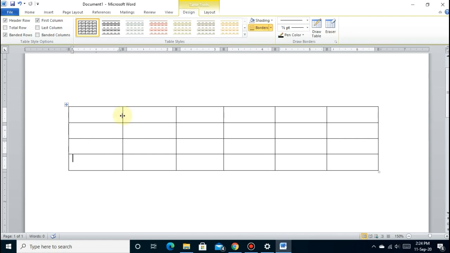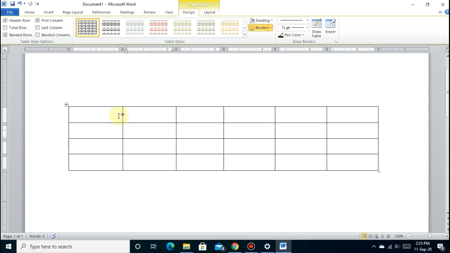Similarly you can use this option for increasing and decreasing the size of a column also. So the size of a column can be changed in two ways. One is from here and another one is from here.